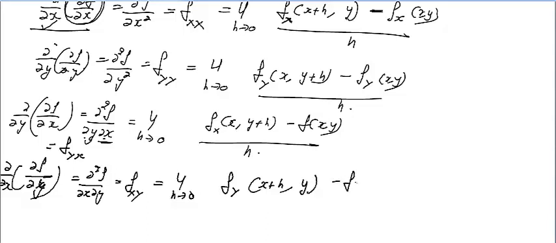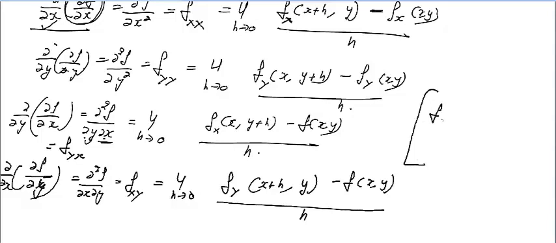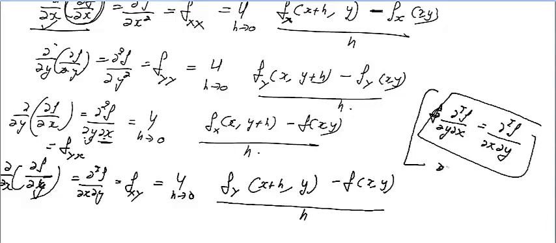So limit h approaches 0, f_y is already there, now you are finding with respect to x. You know that we are sharing the videos with you, and you can watch them again and again if you have any doubt. So these are the basic definitions, and a very interesting thing I will prove in future. The double derivative of f with respect to x first and then with respect to y will always be equal to the derivative with respect to y first and then with respect to x. They will always be equal. We will prove it in future. That means f_xy will be equal to f_yx. So you need not worry about this. We will show you in the future.